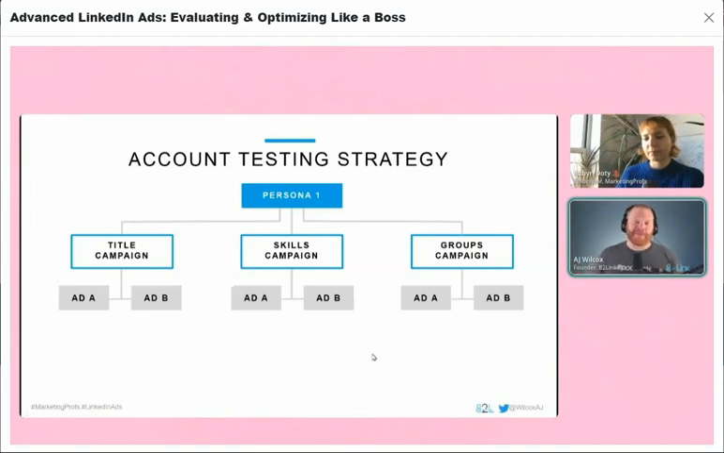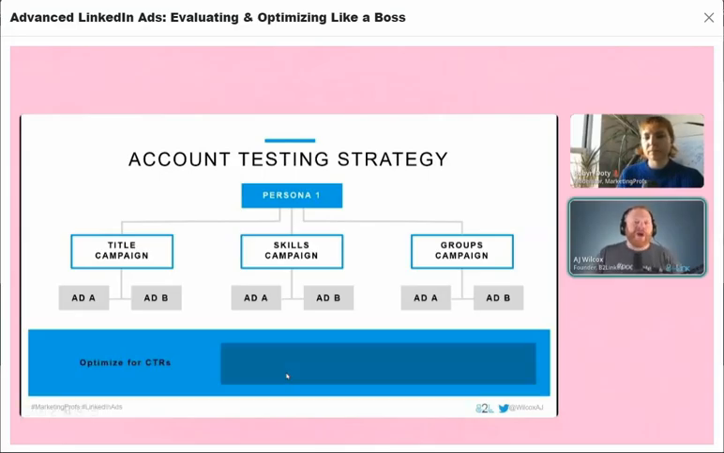I just come up with the 2 that I want to A/B test. Then I go ahead and optimize for click-through rates, which is LinkedIn's default setting for how it tests creative. So you don't have to really change anything here. But what you can do, let's say you go into this job titles campaign and you're trying to compare how ad A is performing versus ad B,